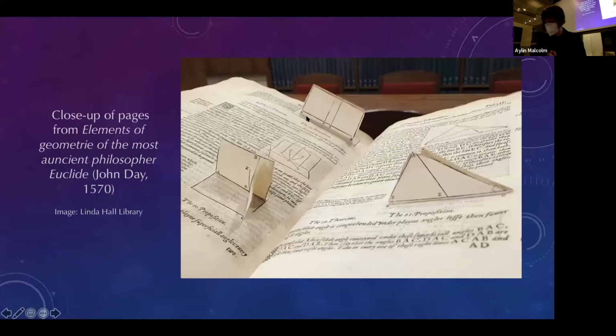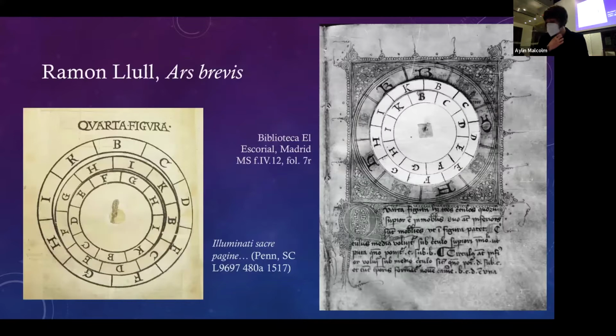Objects like the Matthew Paris map are precedents for the ingenious scientific flaps and foldouts of later centuries, such as John Day's 16th century edition of Euclid's Elements of Geometry, which allows readers to construct solids in 3 dimensions. But in the Middle Ages, the reigning monarch of movable books was the volvelle, which might be used for purposes both technical and mystical. The 13th century philosopher Ramon Llull is often credited with the first use of the volvelle in Europe,